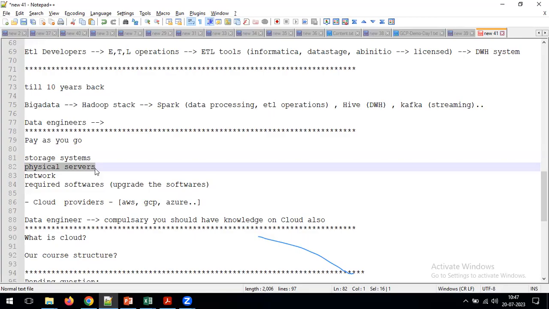But once we switch to the cloud, who is going to take care of upgrading the software? Your cloud system will take care of that. I'm not going to say that in the cloud it won't take time, but compared to 2 months, it can be completed within 3 to 4 days, or within 1 week. We can upgrade the software when we use the cloud system. These are all the advantages we have by using the cloud.